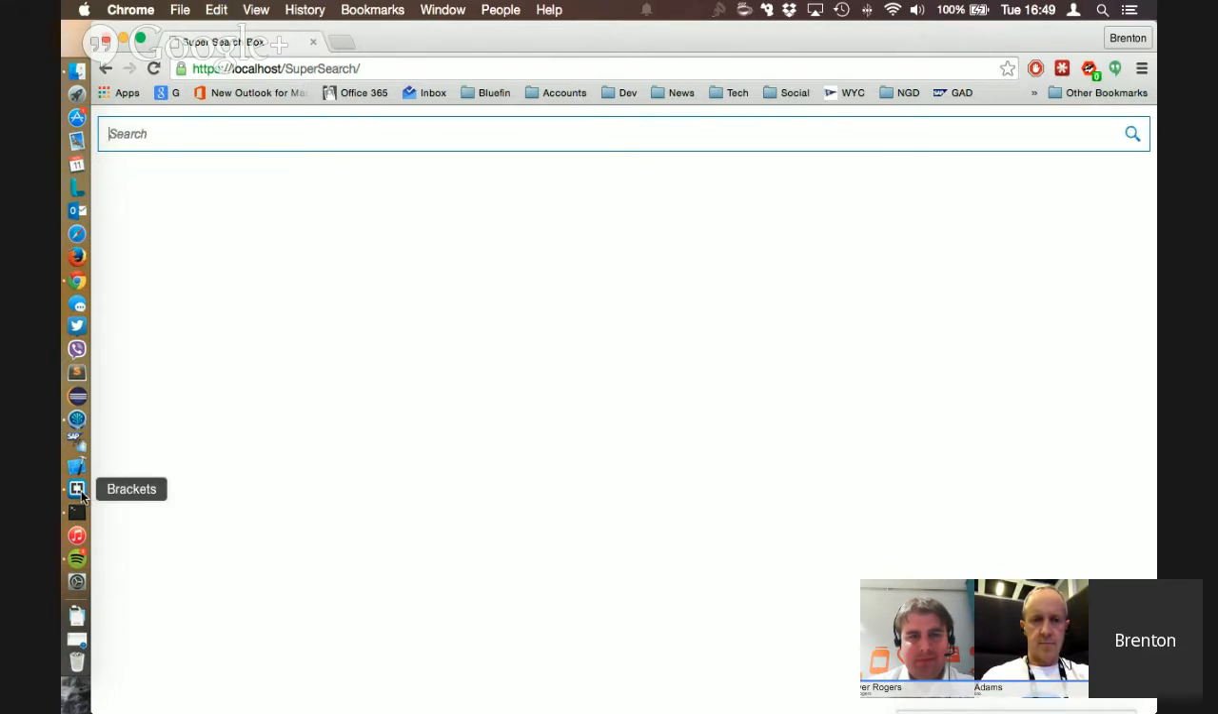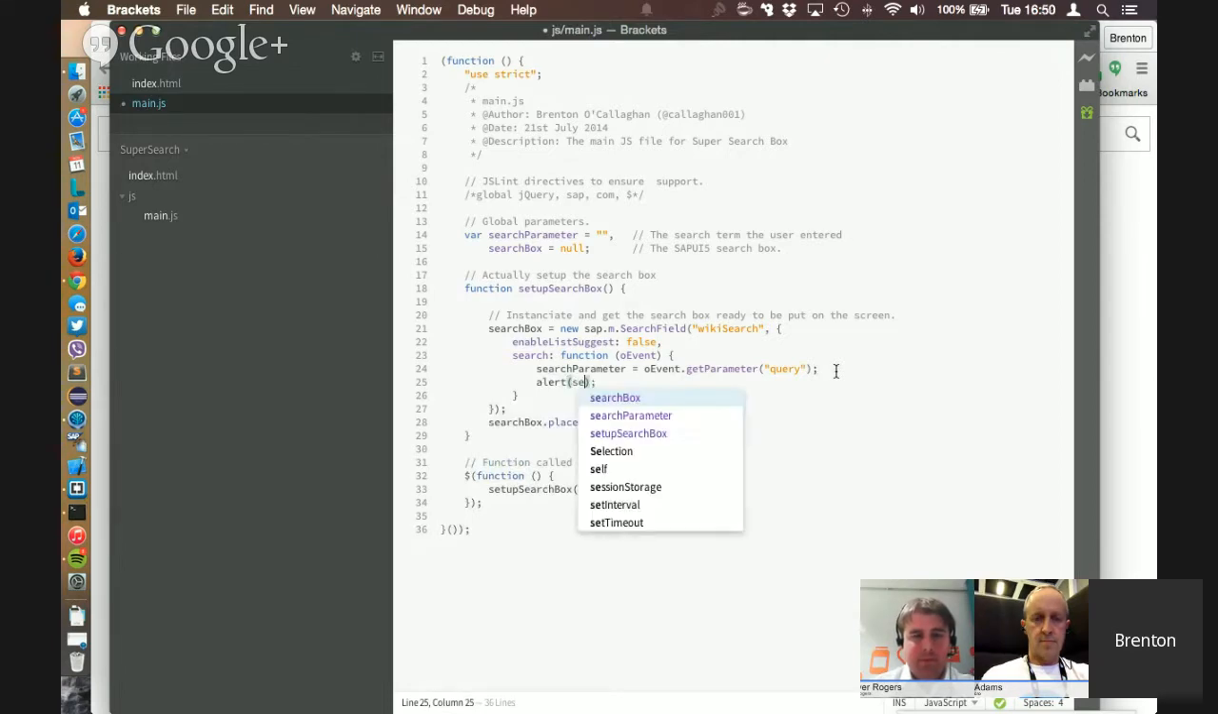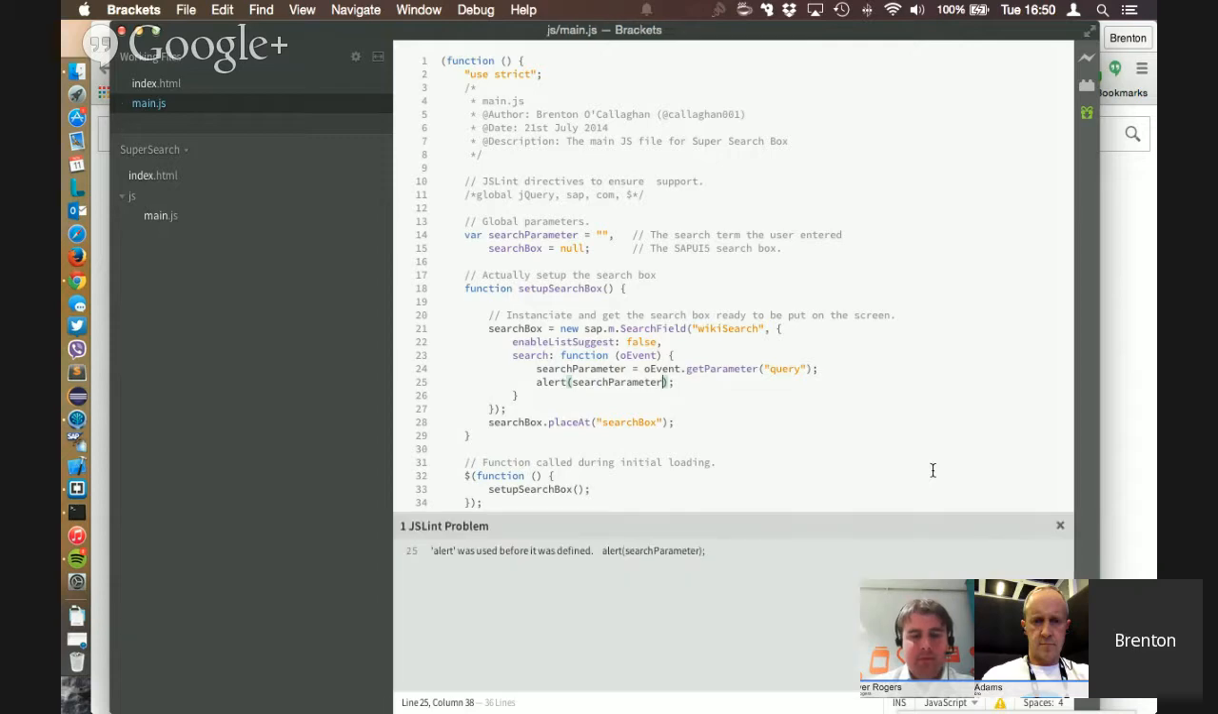in the background. So what I can do is I can change that and say, actually, I want to alert what I've actually searched for. So I'm going to alert the search parameter. And watch as I save this, I get an exclamation mark down here, and it says alert was used before it was defined. So alert is obviously a standard JavaScript function I can use, but as far as this file is concerned, it's never heard of it before, so how could I be using it? So it's forcing me to use best practice